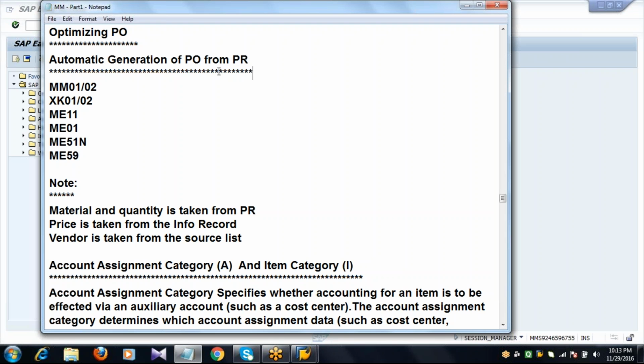Then we need to maintain the source list, and we'll create a purchase requisition by maintaining the info record details. Once we do all these settings, the system will generate the PO automatically with reference to the purchase requisition. So this is also a very important topic. What are the steps involved to generate a PO automatically in background?